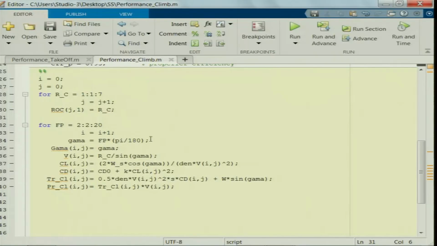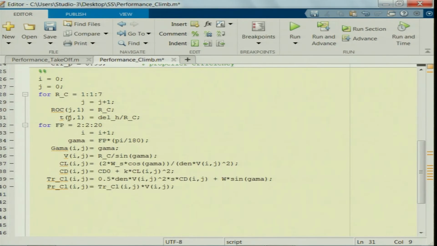So, the time to climb with a particular rate of climb, what will be the time that is required, depends upon delta H. Delta H is the difference between the final climb altitude and the altitude at which the climb is initiated, divided by the rate of climb, R underscore C. So, this returns the time, delta t, to climb to that particular altitude.